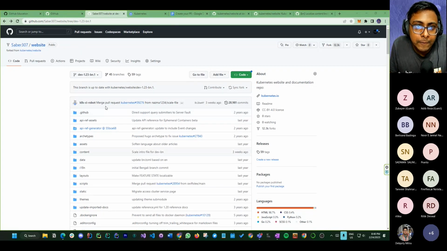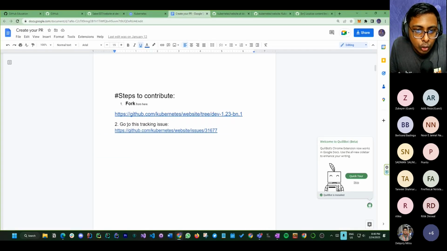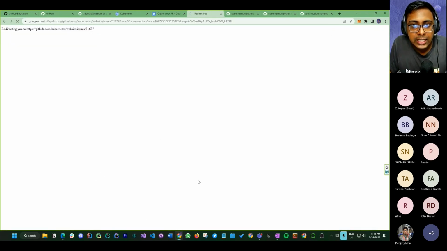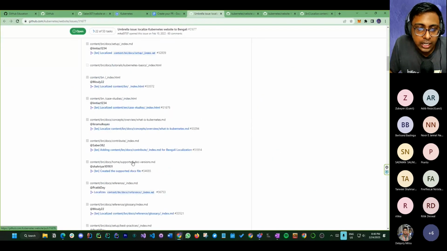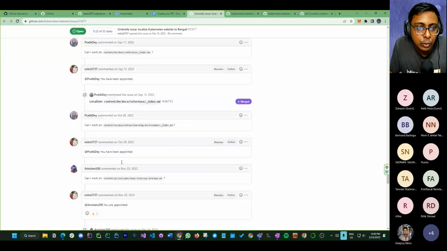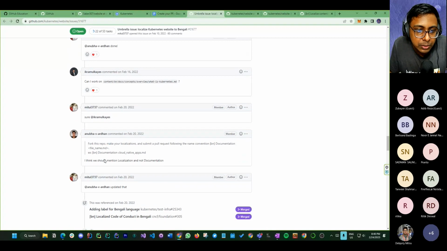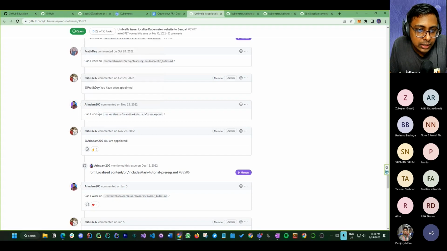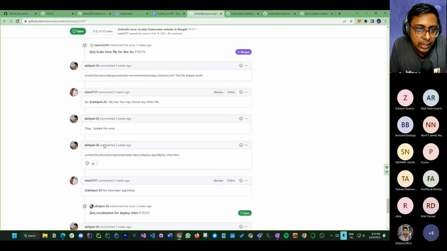Okay, now go to this tracking issue for the Bangla localization. We actually maintain a tracking issue. So there can be different things, let me show you and you will understand what happens. So here is a tracking issue. If you want to localize or translate, or if you want to work with our files, you have to come here into this tracking issue and mention that you want to work on this repository. You can see there are multiple people that have already contributed, like may work on this issue. This is Arindam, and this is also Abhijit and Azma, and so on and so forth, right?